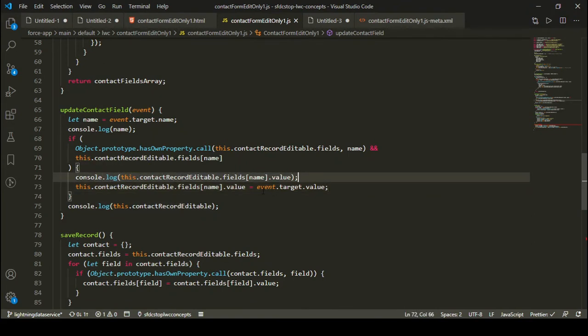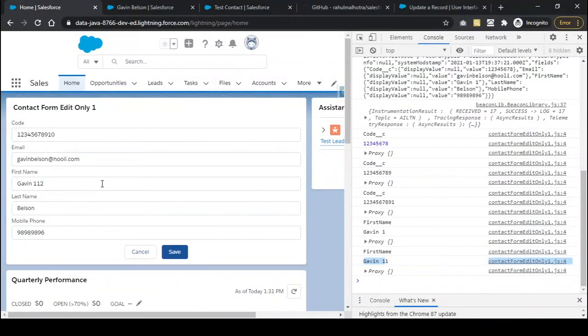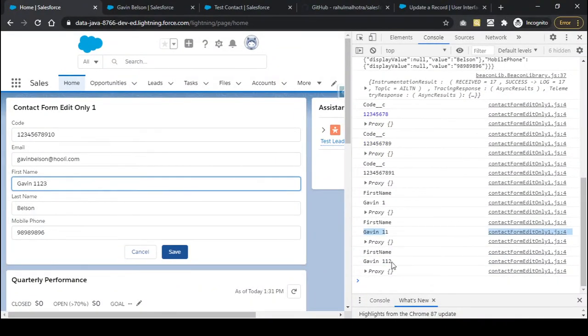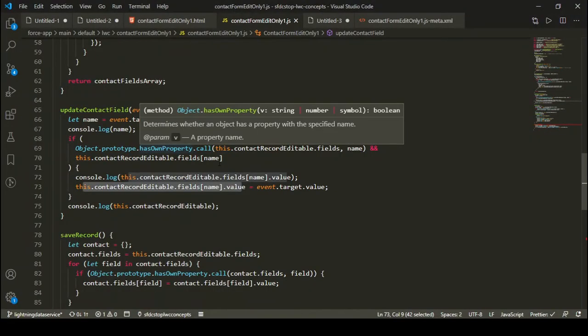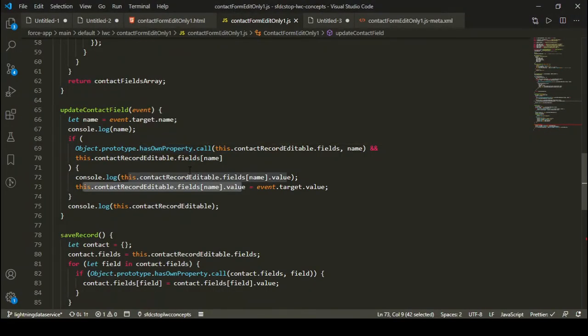After that I get the new value from event.target.value, and then I update the value in the editable fields. So in case I add one more, now I'll get the previous value as given 112, right, because it was updated. I just updated the new value of that particular field in the contact record editable object.